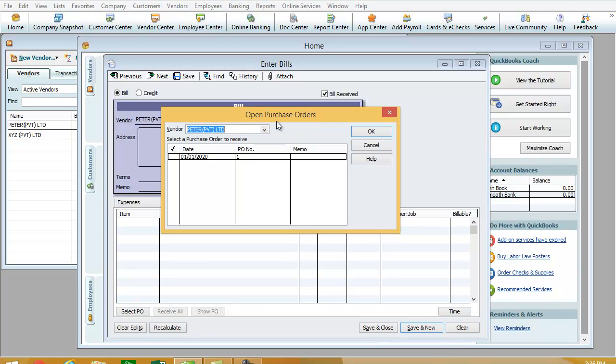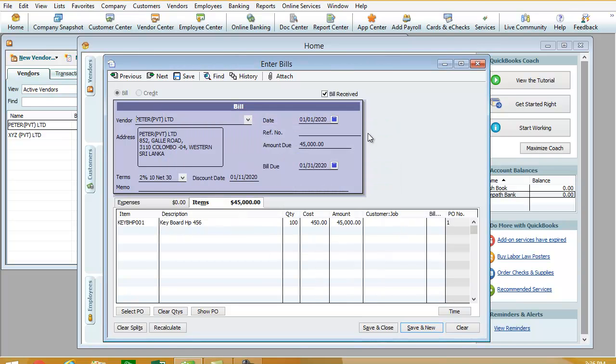After opening this purchase order, we have to make sure the purchase order number is available. Right. After that, what we have to do? We have to click the purchase order. You can notice there is an arrow mark. There is a pass mark placed here. Okay. After placing this pass mark, we have to click OK.